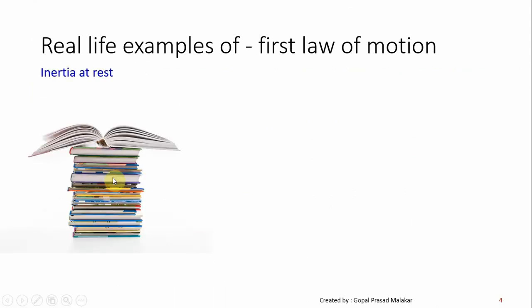a stack of books and you pick a book and take it out very fast, you'll see that all the books will essentially just come down. So essentially, if you're pulling this book very fast, these books will just go down and adjust. Only one book will come out, because the upper part of the books are in a static position, and they want to remain static.